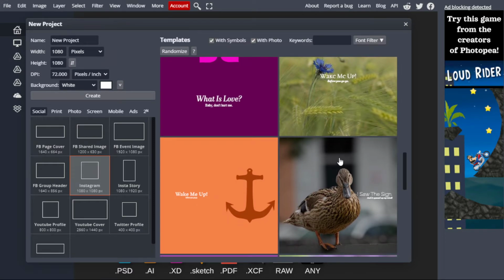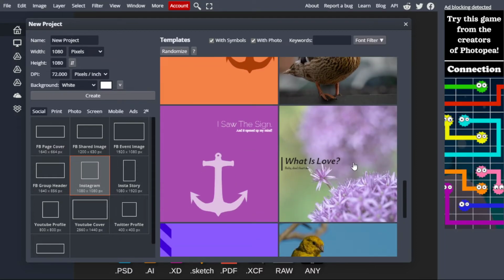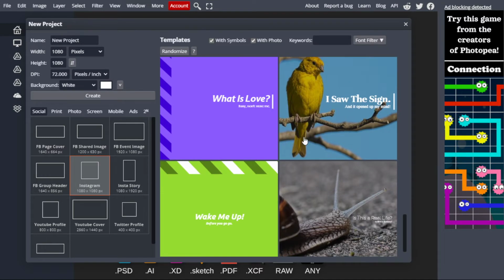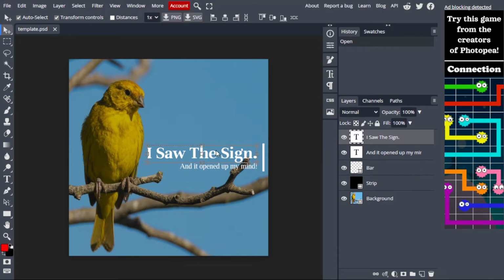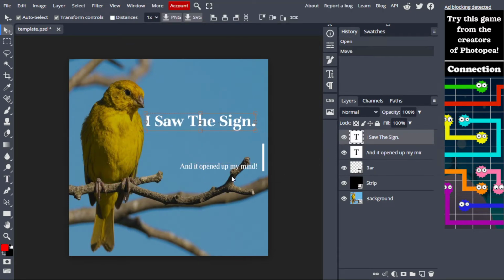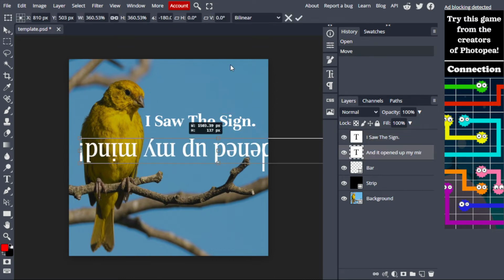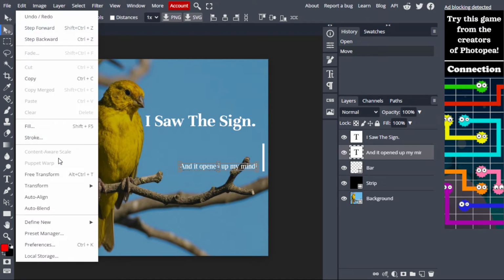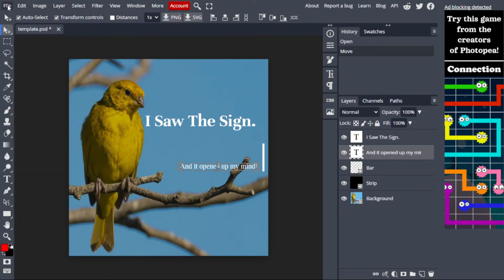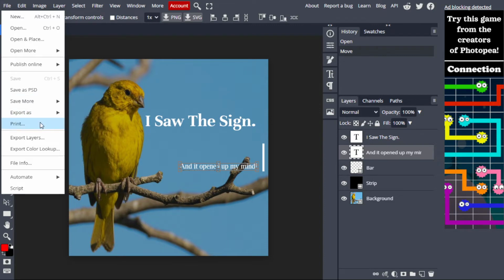As you can see, at the left there are solid color templates, and at the right there are templates which contain pictures. So you can go ahead and select any of these templates in different sizes as you like, and you can edit these templates as you like. You can go ahead and edit just like Photoshop, and you can change color, size, anything, and you can go ahead and save it as go to file and go to export as, and you can save it as PNG,